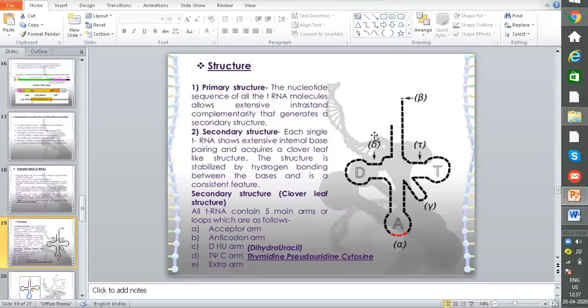Here tRNA also has a helical structure. This is a secondary structure, meaning there are interactions between the nitrogenous bases. But it also has a primary structure. Primary structure means a linear molecule of tRNA. The helical structure is the secondary structure, but at the initial position it is linear. It doesn't have any helix or interactions between nitrogenous bases. That is called the primary structure.